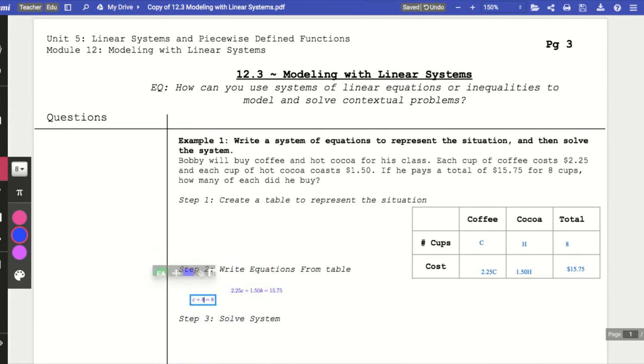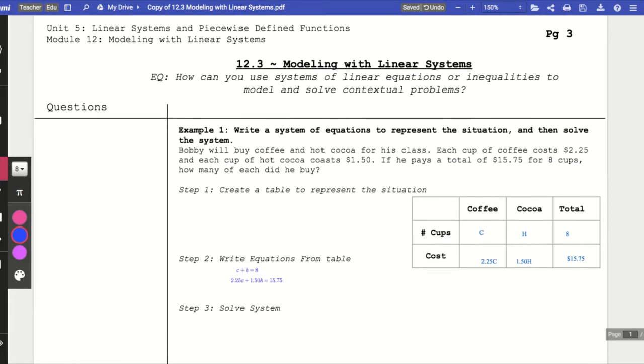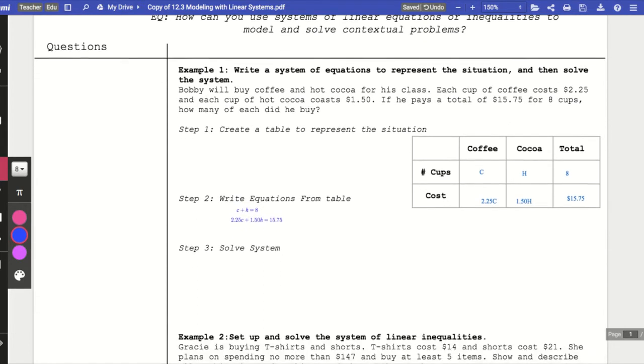Alrighty. So now that I have my two equations, this is something that I can solve using either substitution or elimination. Actually what I'm going to use is substitution, because I already have a variable nearly isolated. To get the variable completely isolated, like say C, I'm just going to subtract H from both sides. So really I'm just going to rewrite my system as C equals 8 minus H. And then the other equation is still 2.25C